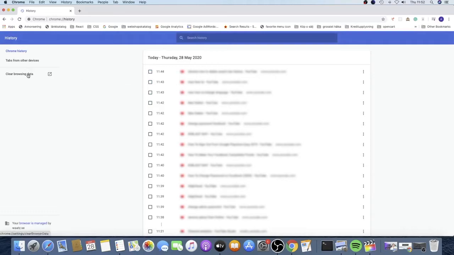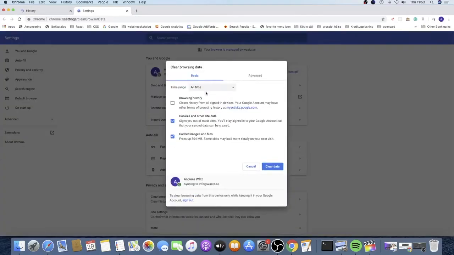You can also go right here in the left sidebar menu, click on clear browsing data. So here you can choose time range, last hour, 24 hours, 7 days, 4 weeks, or all time, okay? So let's say I want to have last 24 hours. Check this one, browsing history. Uncheck this one, cookies and other data. You can also uncheck this one, cached images and files. After that, just click on clear data,